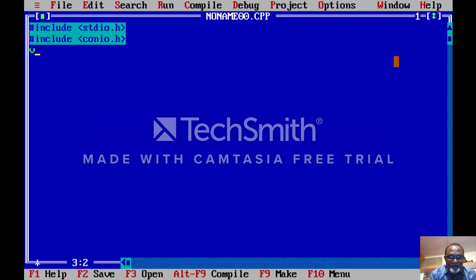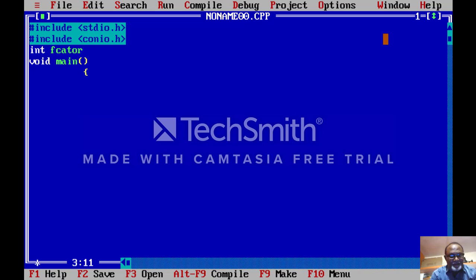Then start here the main function. Now you can define here the factorial function. Before this we declare the user defined function. It returns an integer value.